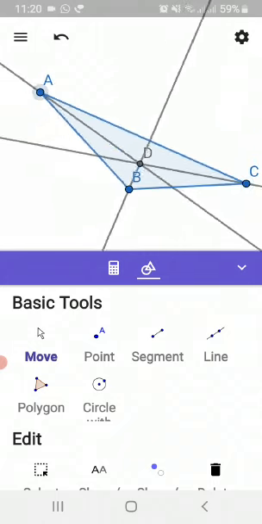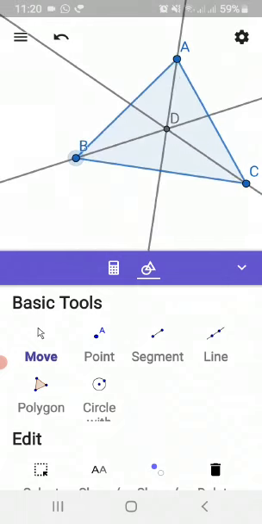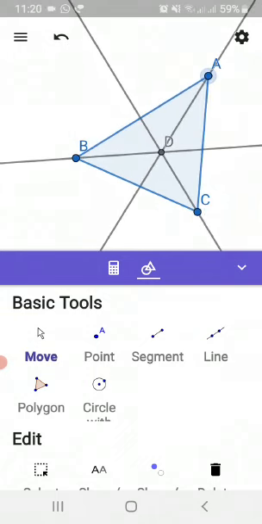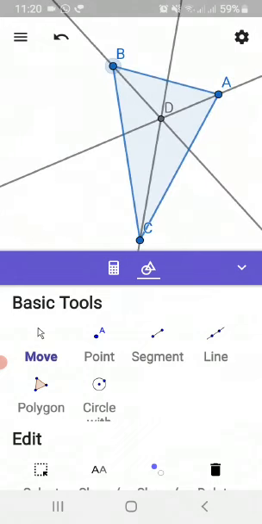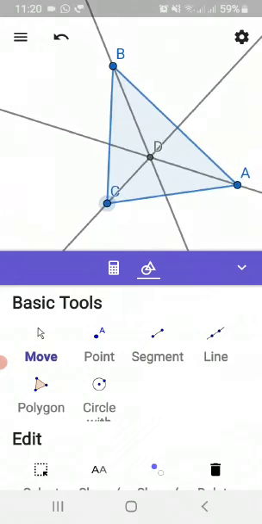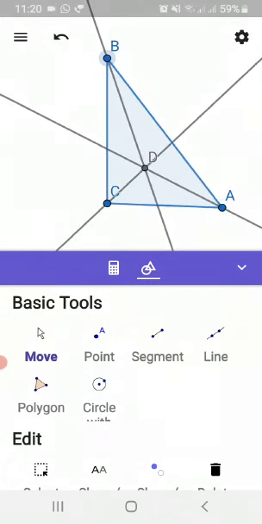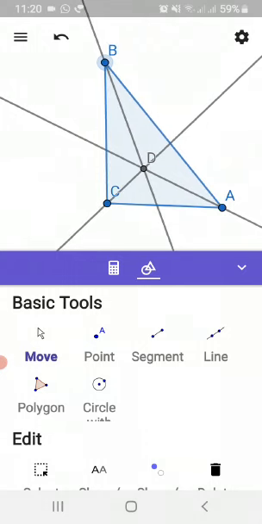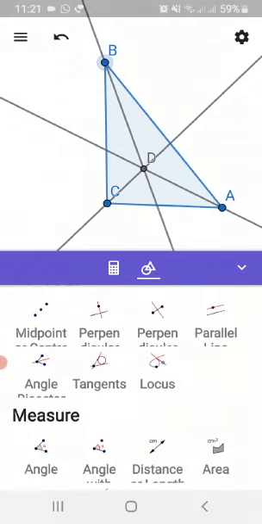Let us see what happens if it's an acute triangle. So in the acute triangle also, the location of incenter is in the interior of the triangle, right? So what happens if it is a right triangle? You can simply move the points and just imagine it's looking like a right triangle right now. But if you really wish to have the correct measurements of these angles, then also it is possible.